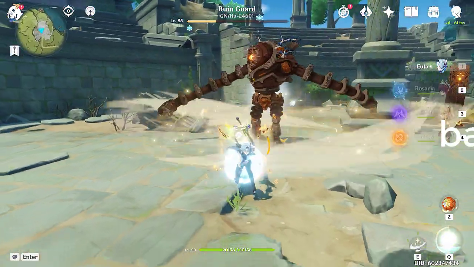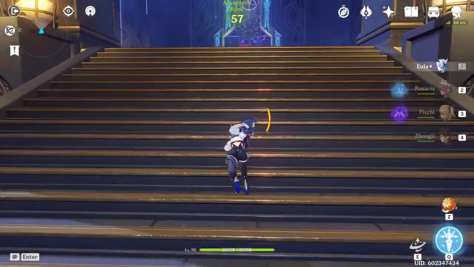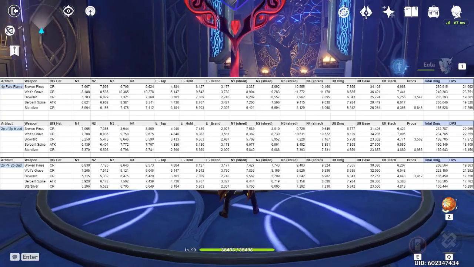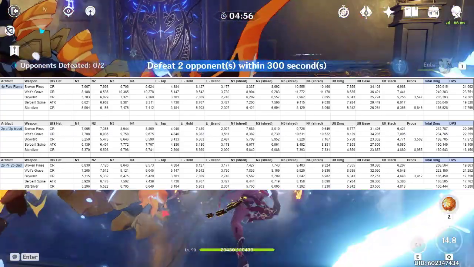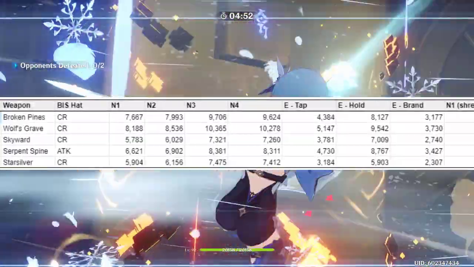So the way that this was calculated was by applying the resistance shred on everything in her kit after her hold E, which is why you see so many different values up here. I tested this on 4-piece Pale Flame, 2-piece Pale Flame, 2-piece Bloodstained, as well as 2-piece Pale and 2-piece Glad. Out of all of these, the Gravestone with 4-piece Pale Flame ended up being on top by quite the margin,